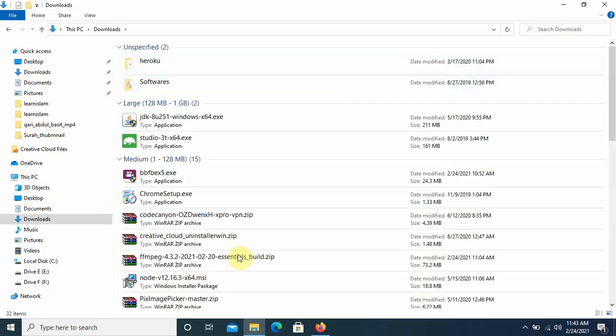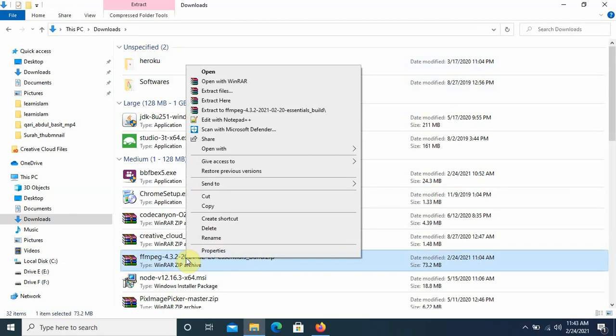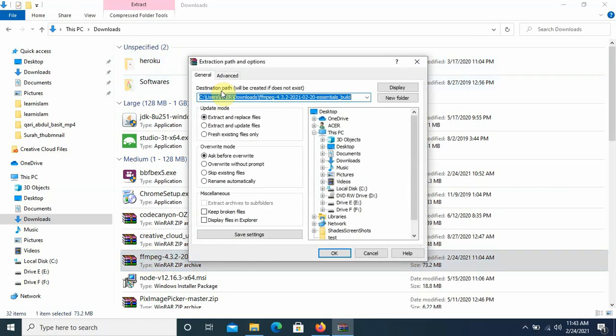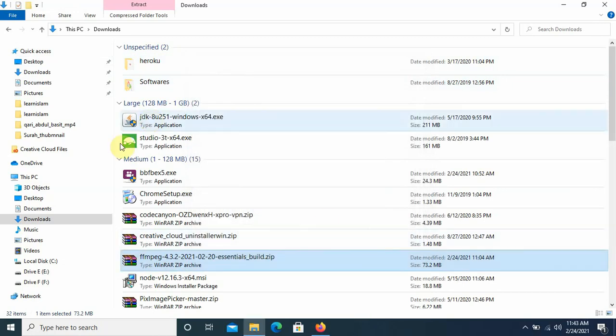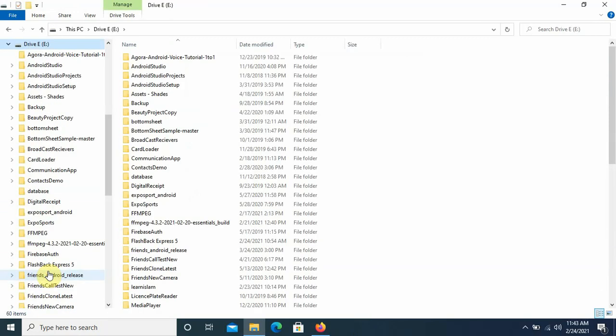Once your download is complete, you can unzip this file to any directory you want. For example, I want to extract this file inside the E directory. Okay. Once the file has been extracted,